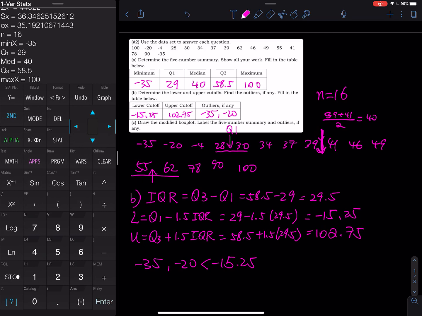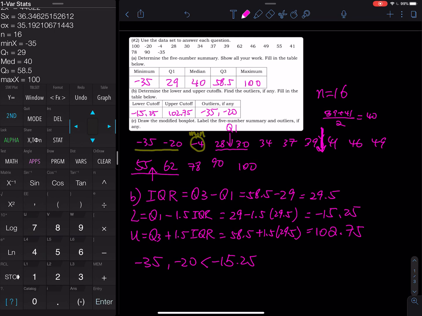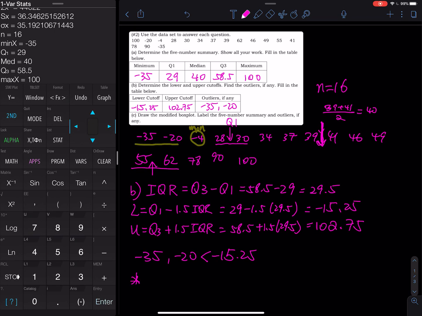Okay, so since on the left side, we took these two numbers as outliers, what is the minimum? Without considering those two numbers, then this is now my minimum. Do not go back to change your answer in part A. That is not necessary. We can move on to the graph. So we have negative 35 and negative 20, and then the minimum is negative 4, and then the Q1 is 29,